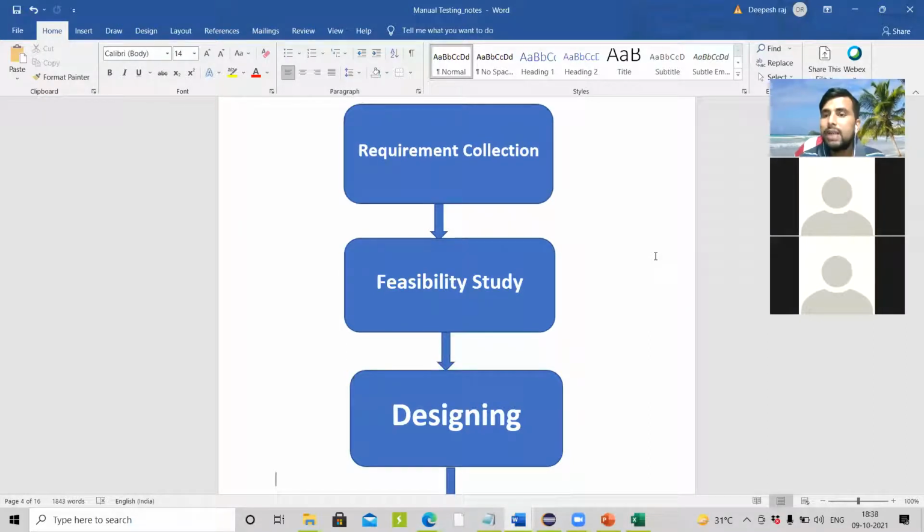High level designing means feature wise. For example, I have the Gmail application. In the Gmail application, we have what? Compose, inbox, outbox, sent items, draft, spam, trash, logout. So these are high level designing. Low level designing is what? Inside Compose, we have what? To, CC, body, send button, attachments, drafts. So all these are low level, which they design in detail. So these are the two designings they are going to do in the designing phase.